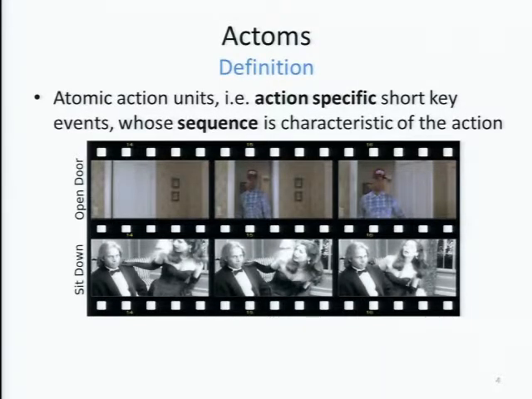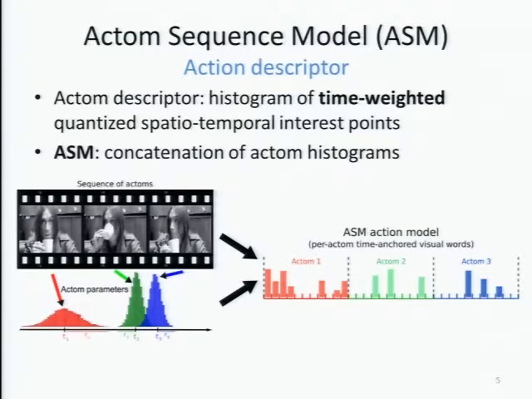And also what's important is their sequential aspect, right? So it's their sequence that is characteristic. If you just look at the middle one, it's unclear what Forrest Gump is doing. And if you look at the other way around, it seems like he's closing the door instead of opening the door. And that's really important when you do detection because you have a chance level of 0.001%. So this kind of confusion happens all the time. So you need the sequential aspect.